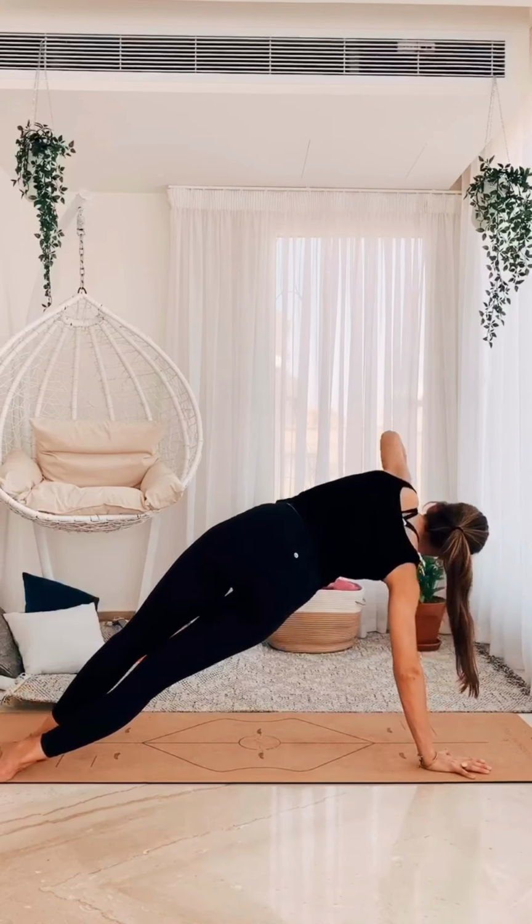Inhale here, exhale, hands down, jump back, inhale, lift, exhale, plank, right side, lengthening up, inhale, plank, exhale, Chaturanga, inhale, plank, left side, exhale, Chaturanga, inhale, drive it back, exhale, jump forward, inhale, Malasana. 3 more. Inhale, exhale, melt back, inhale, right side, open up, exhale, Chaturanga, inhale, left side, open up, exhale, Chaturanga, inhale, bend your knees, load your legs, exhale, hop forward,